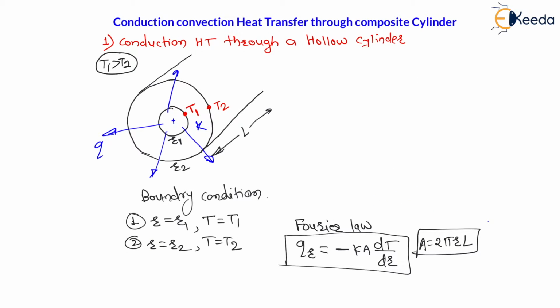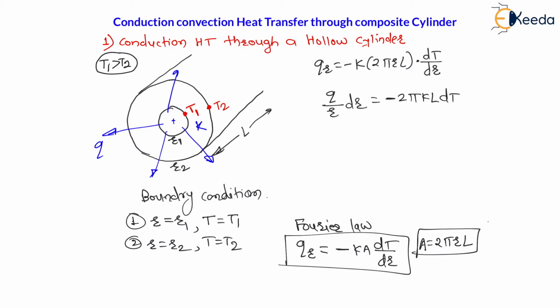Now, my dear students, therefore this heat transfer along radial direction Qr is equal to minus KA, where area is 2 pi r L, into dT by dr. Now, my dear students, let us separate the variables. Now consider r and dr on the left side. Then what will we get? Therefore, heat transfer along radial direction Qr divided by r dr is equal to minus 2 pi kL dT, right?